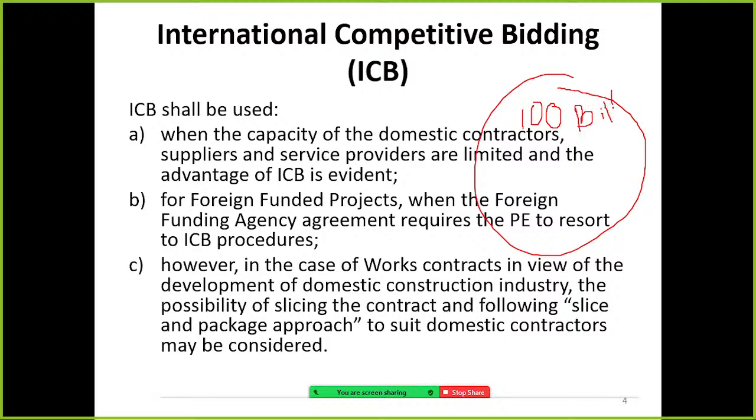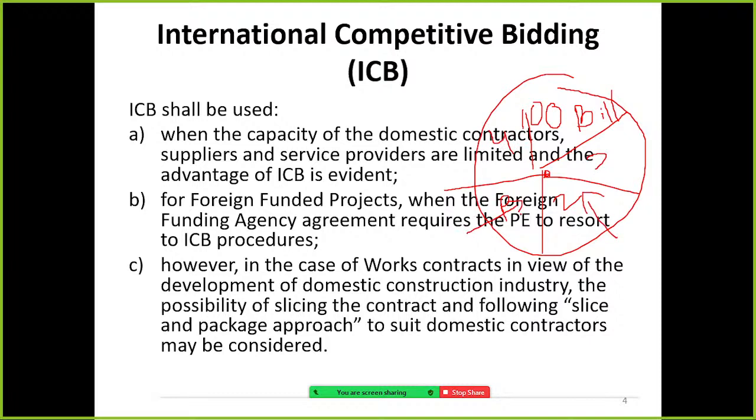A single contractor cannot undertake all the things. So what they do is they make it into pieces, slices. Here package 1, contract 1, contract 2, contract 3, contract 4. Then they advertise slice by slice.